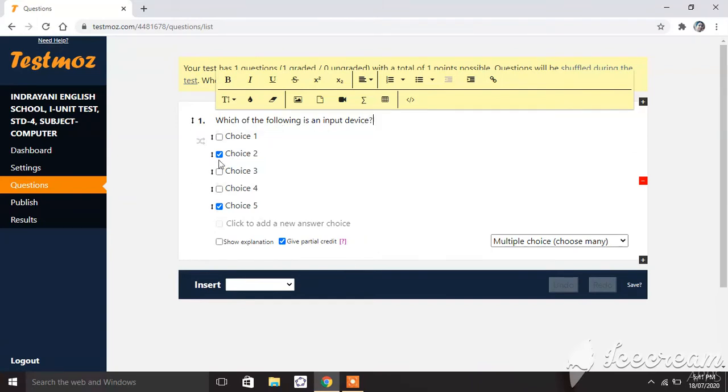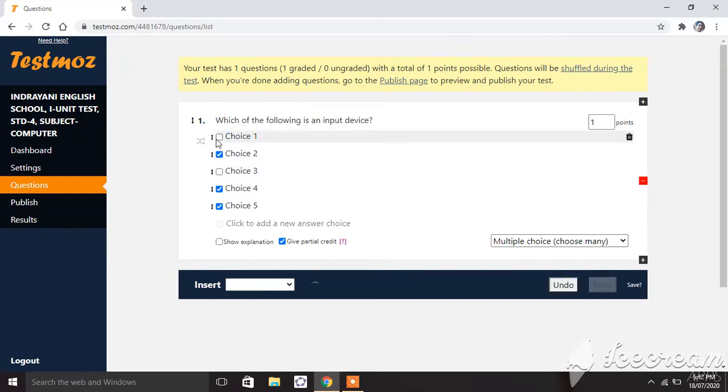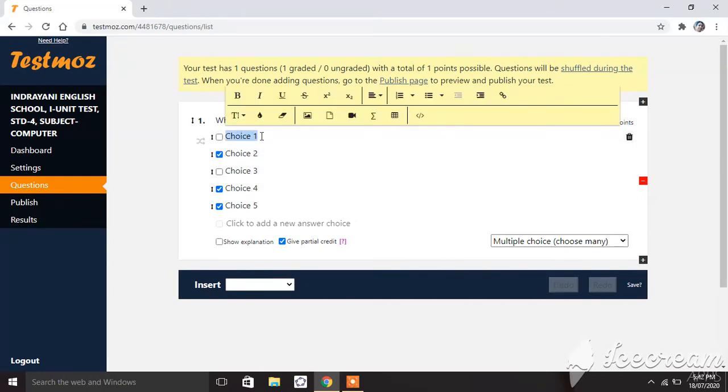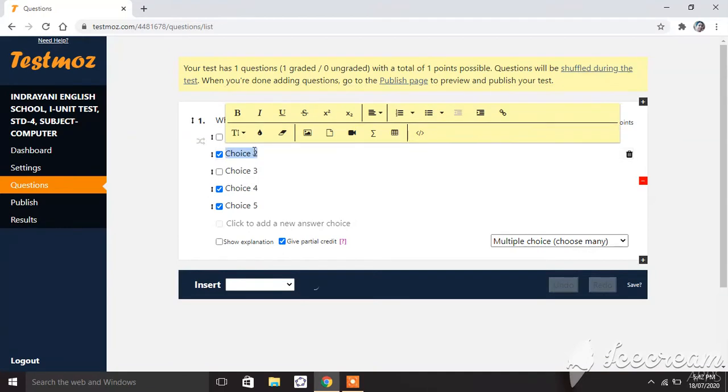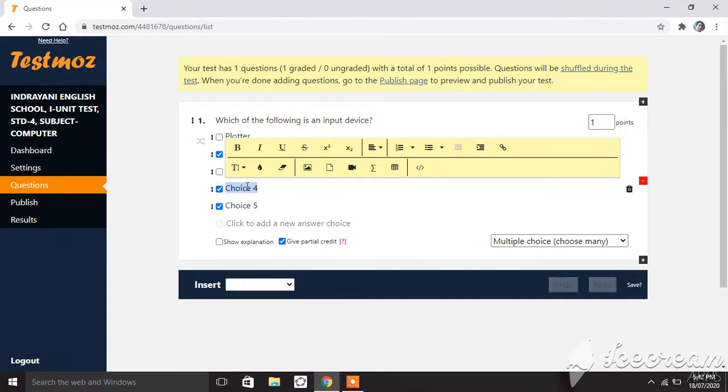So the first choice I will type here, plotter, then touchpad, printer, projector.